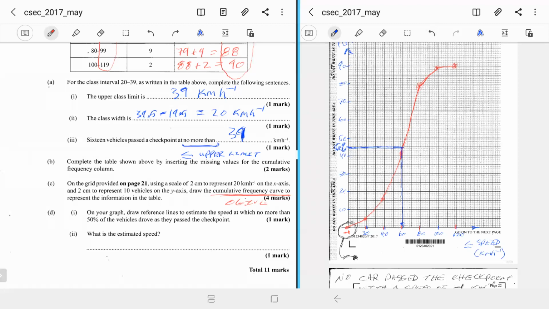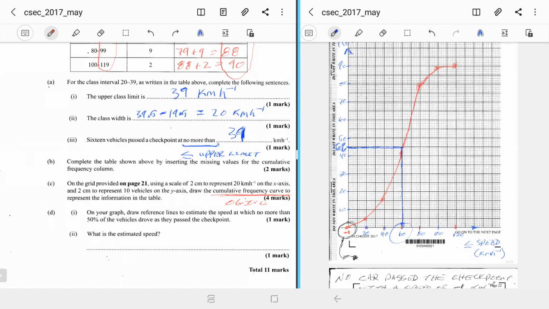Right? So no more than 45 cars passed at this speed, 60 kilometers per hour. No more than 45, all of them below. In other words, less than or equal to 45 cars, which are the cars down here. All the cars down here, 45 of them, passed at a speed that was